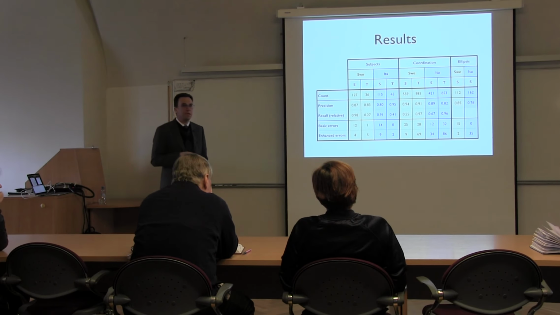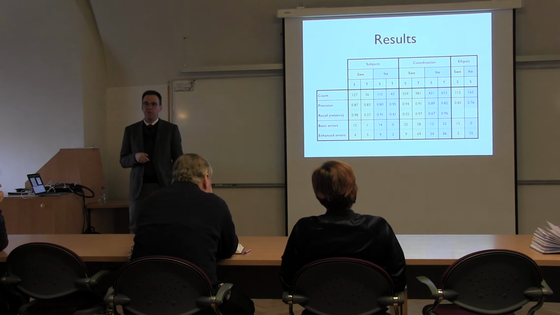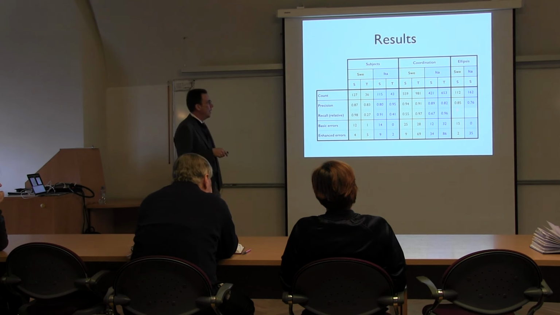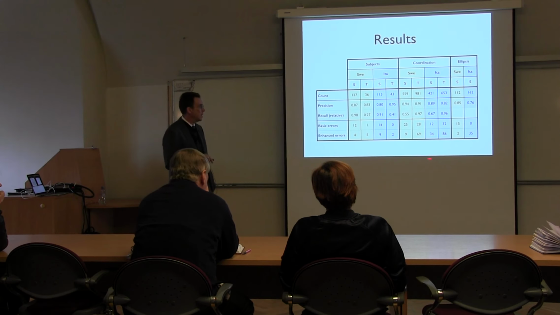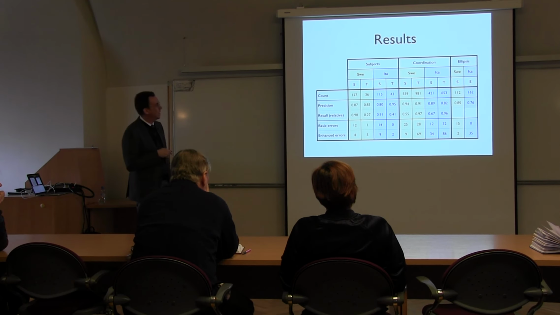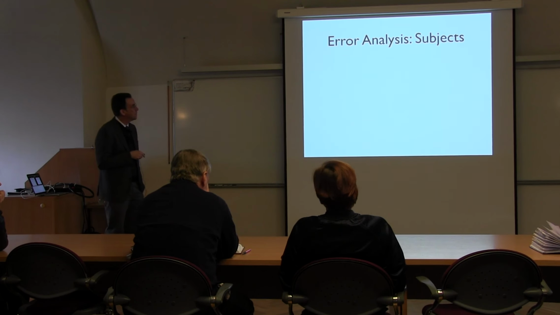Finally, when we come to ellipsis, we only have predictions for the Stanford system because the Turku system doesn't handle this. And what we see is that for Swedish, it seems to work very well because, again, the majority of errors were in the basic annotation, and in fact, there were only 2 incorrectly predicted dependencies. And considering that gapping is difficult, I think this is quite interesting. For Italian, it's a little bit different, and I'll come back to that again in the error analysis.